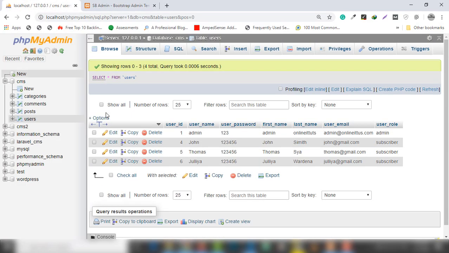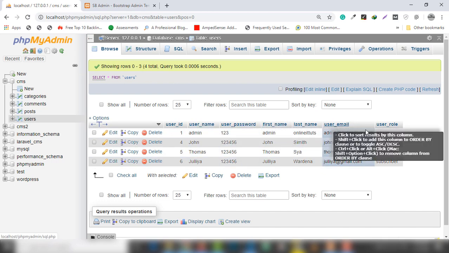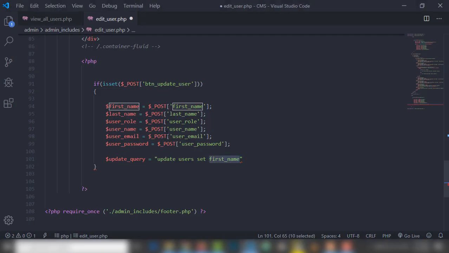I'm going to show you those names: username, user password, first name, last name, email, and user role. Those names are the same, so I use the same name equal to this variable, comma, last name equal to this variable,